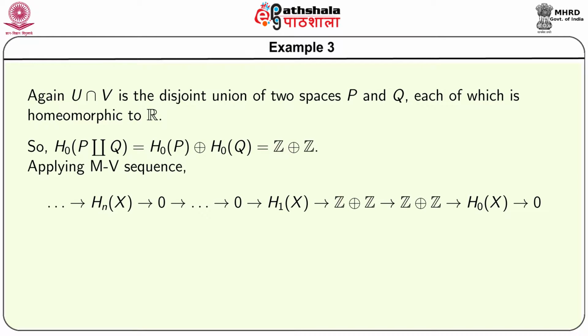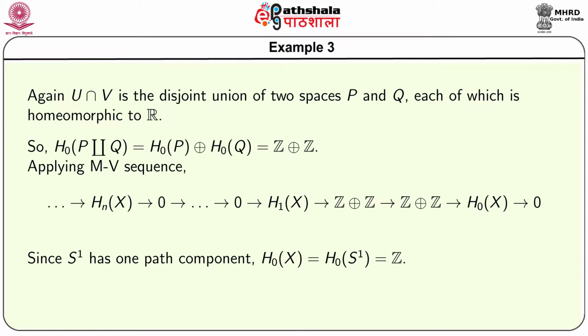Now, we apply the Mayer-Vietoris sequence and put in the information that we have accumulated. Here we see that S1 is path connected, so it has only one path component. Therefore, H0(X) is Z,